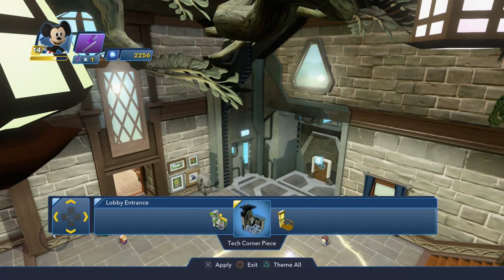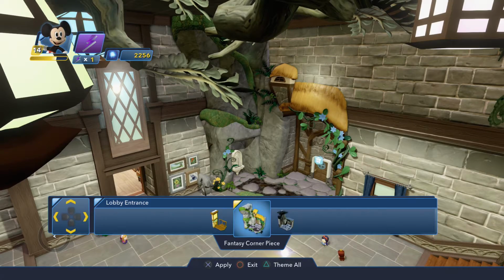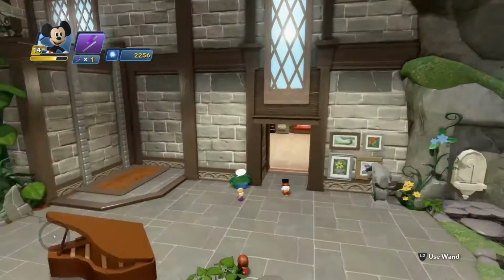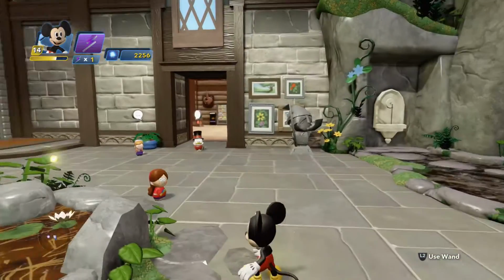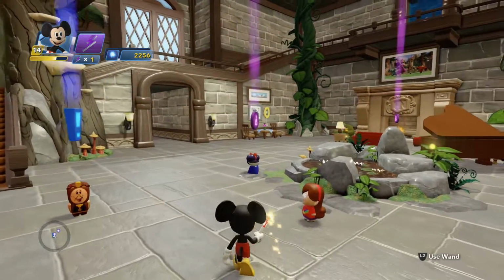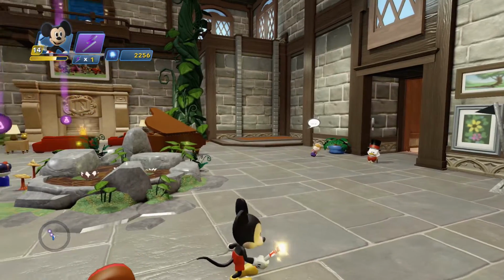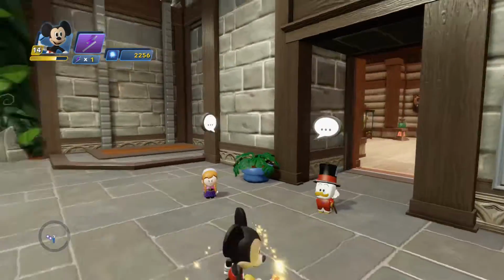But we do have a tech, and just a regular corner piece. So I'll probably stick with fantasy until maybe I unlock something different. My thought here, and I think this might be intentional, is that they might want you to have each room be its own thing. So if we move over here to the right,